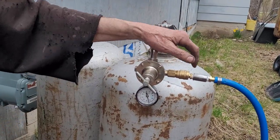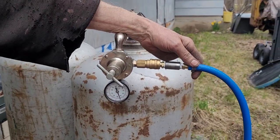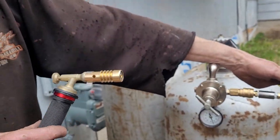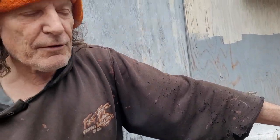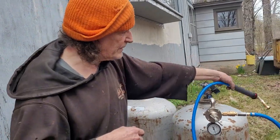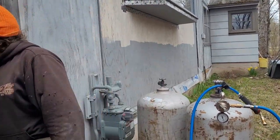Made all this up. Had to modify the end of the torch we ordered in because it didn't fit any of this right. So we got all that done. Torch works fine. Finished up the